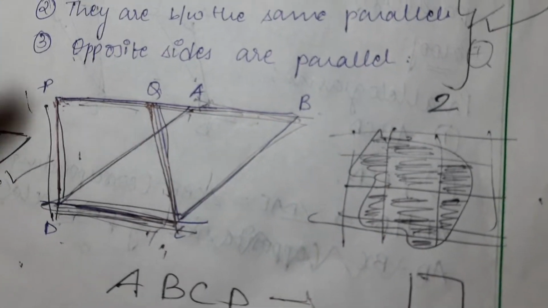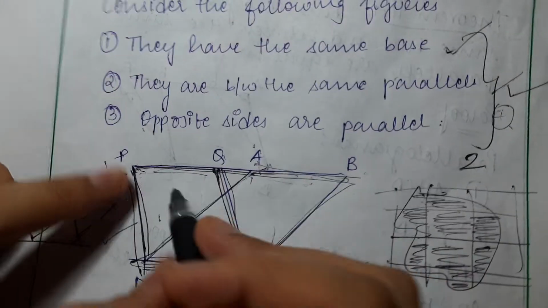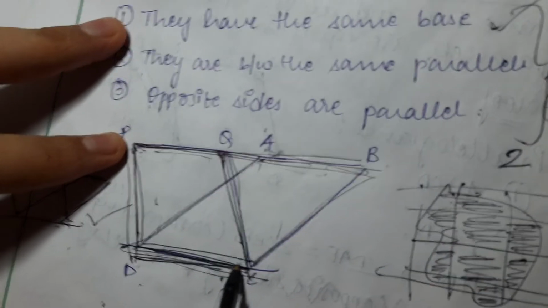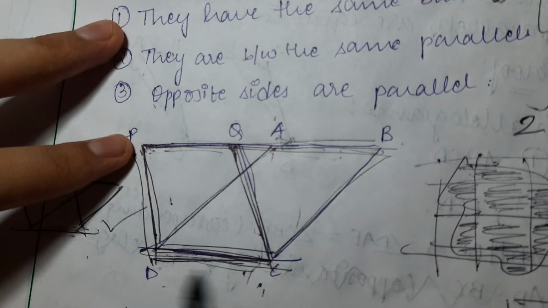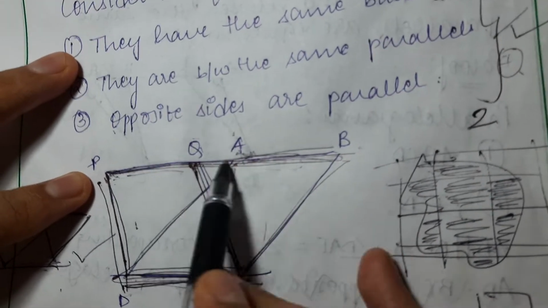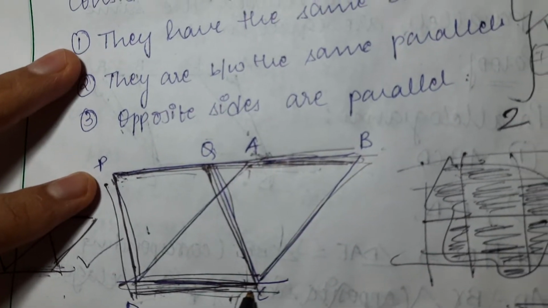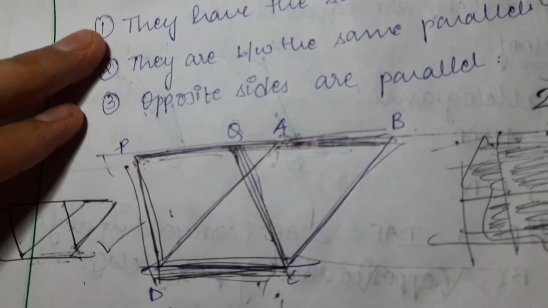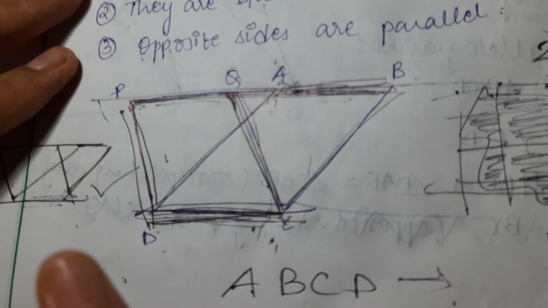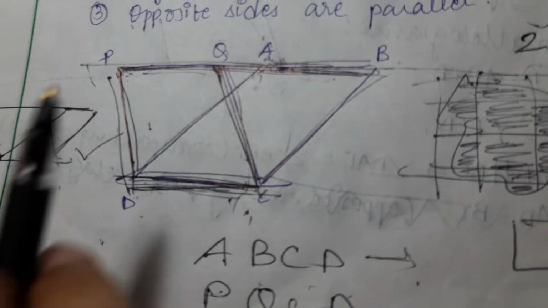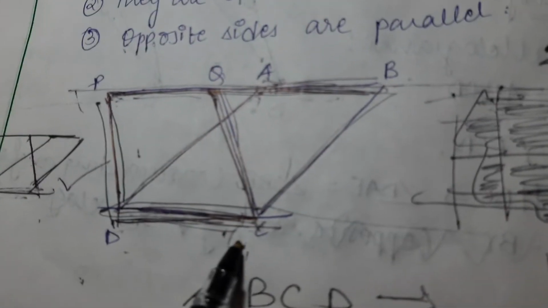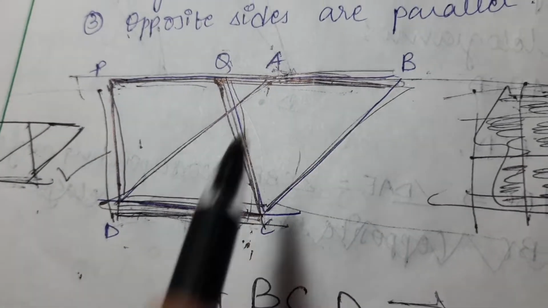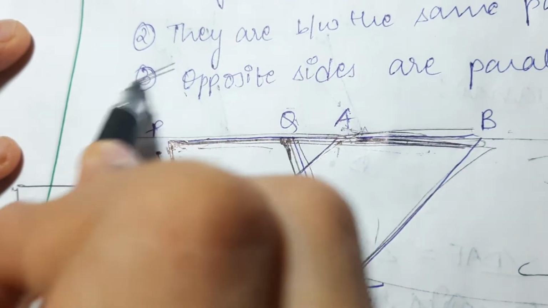Okay, now how do we prove this? First of all, do you guys understand that these are parallelograms? See, because we know PB is parallel to DC, they are between the same parallels. If PB is parallel to DC, then AB, this part of the parallel line, is also parallel, no? Because even if I extend this infinitely, it will always be parallel. That is the whole definition of parallel lines, no? So even AB is parallel to DC. Now, PQ is also parallel to DC.